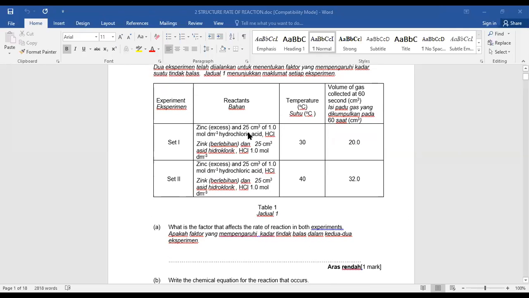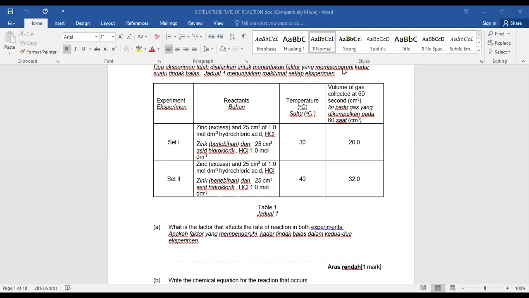Zinc reacts with 25 cm³ of 1 mol/dm³ hydrochloric acid at the temperatures of 30 degrees Celsius and 40 degrees Celsius. And the volume of gas collected at 60 seconds is given to you to be 20 cm³ and 32 cm³. Okay, now from the reactants here,